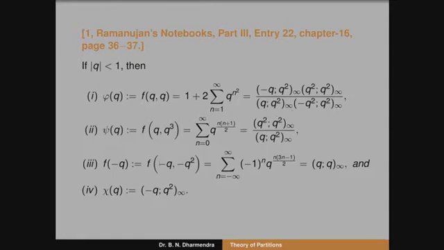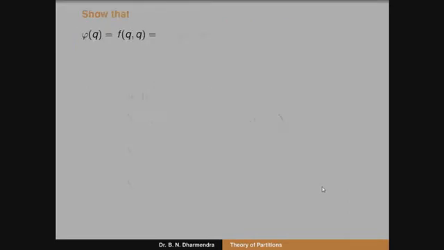Similarly, we can follow the same thing. So psi, we can show in terms of an infinite series and also an infinite product. Similarly f of minus q in terms of an infinite series and in terms of a q-product. So firstly, taking phi of q equal to f of q, that is equal to 1 plus 2 times the summation n running from 1 to infinity of q to the power of n squared. By using the definition of Ramanujan's theta function, we replace the value of a by q and b by q. You can call that one phi of q.